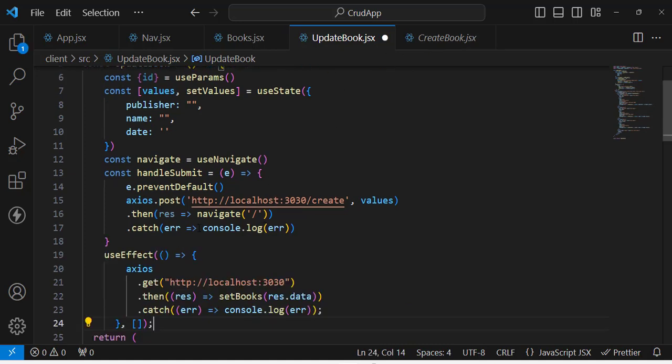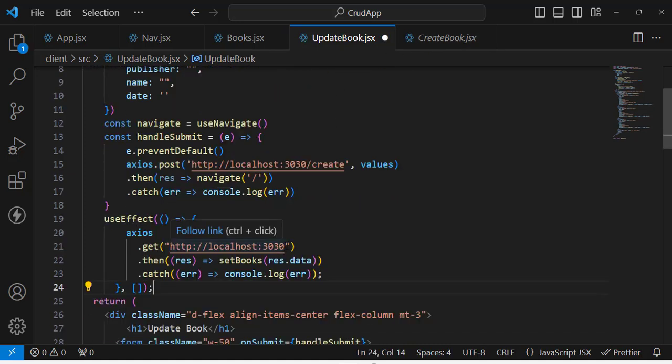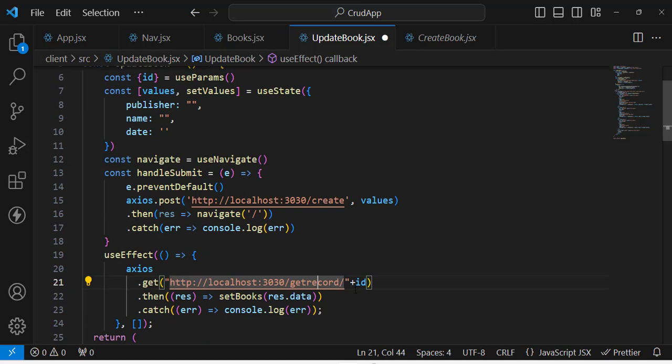Paste it here. Access, fetch the record, but here we will get slash getRecord, and we will pass the ID also, plus the ID that we have. See, we will pass this ID also,